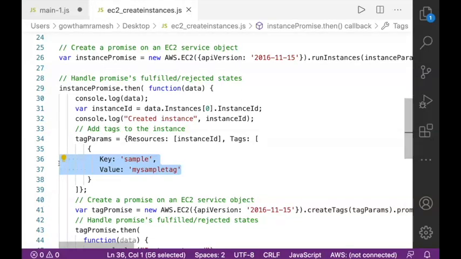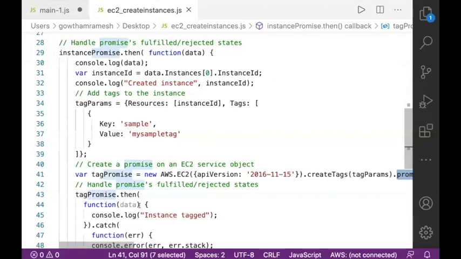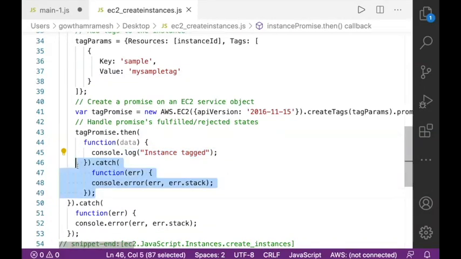So whatever the instance I am creating, I'm going to tag it with the tag key and the tag value. Again, I'm going to create a tag for a specific instance, and if the tag is properly created, the then block will execute. If the tag is not properly created, then the catch block will get executed.